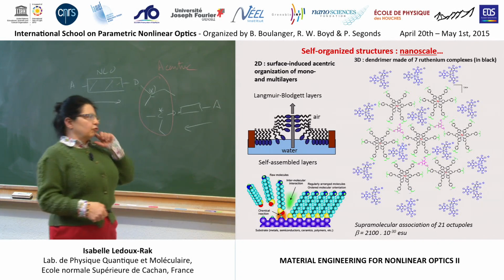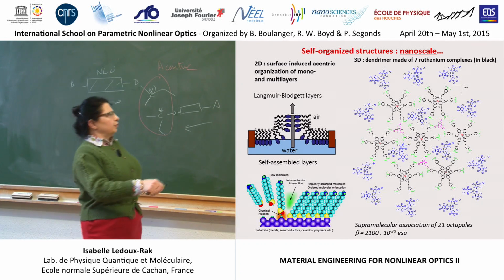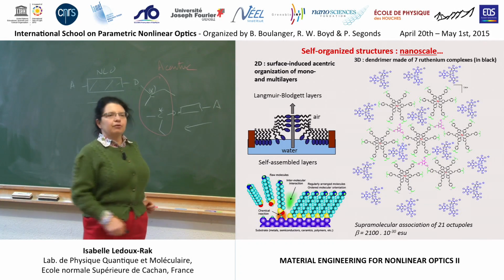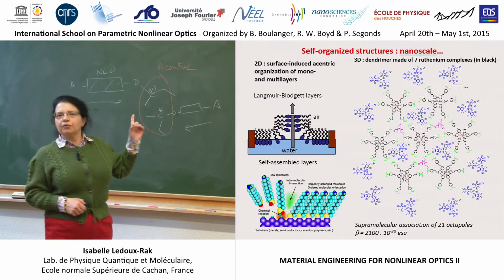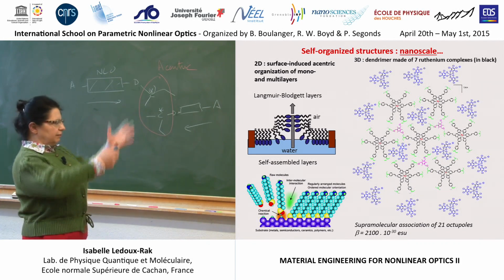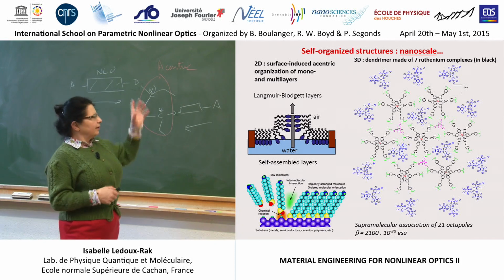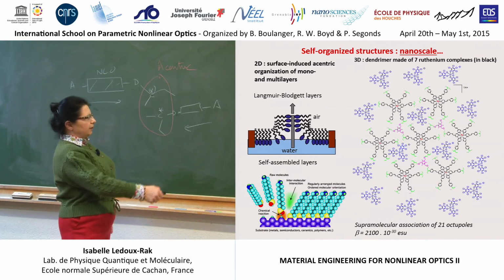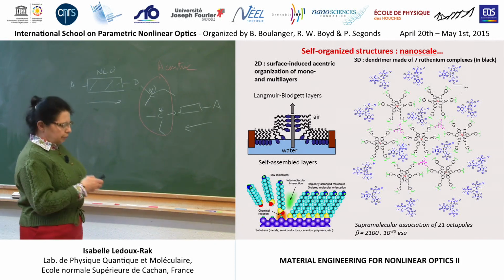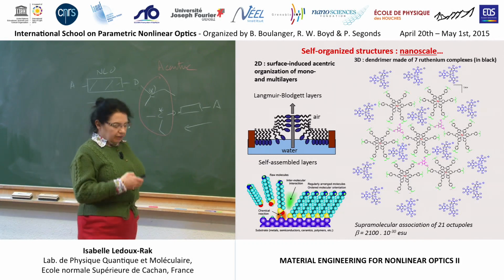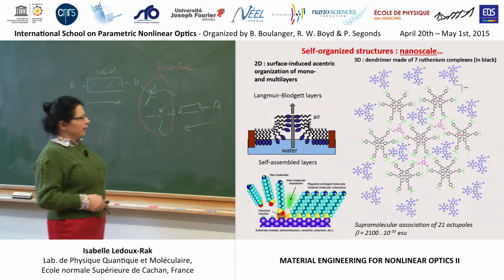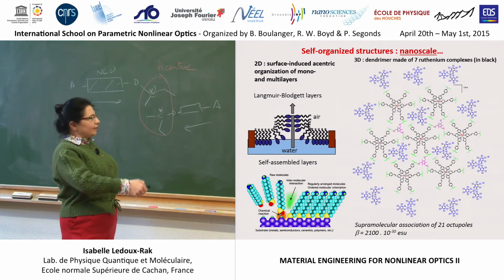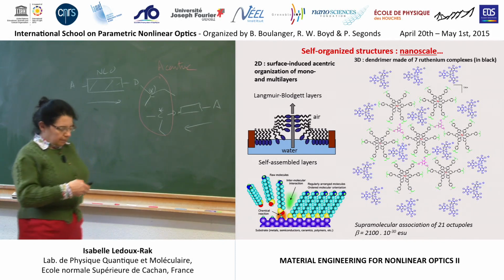And it has been shown that octupoles are fully ordered in this structure, exactly like on the dendrimer I showed in the first slide, where you have something growing like a tree and we have a dipolar alignment. Here you have octupolar organization. But this remains a relatively very small structure and also not very easy to control at that scale.